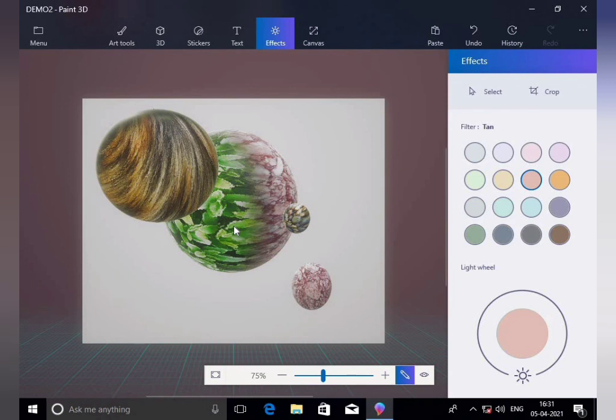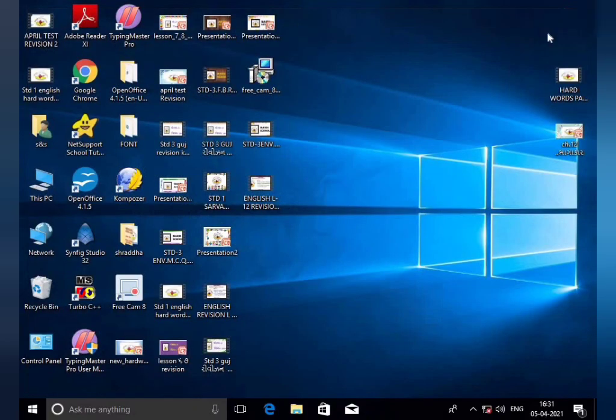So please practice, draw it at your home. Okay, now close the paint window. So this is our paint application program that we saw in this lecture. If you have Paint 3D, please draw it at your home and see how it works. In the next lecture we will again open the paint program and see how beautifully we will use Paint 3D.